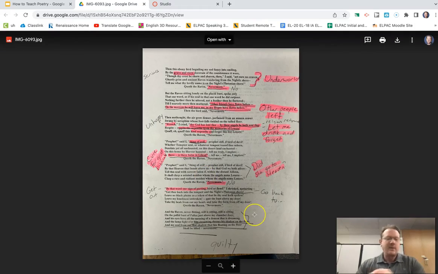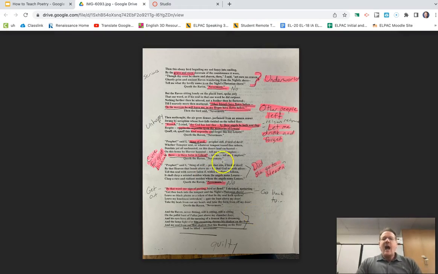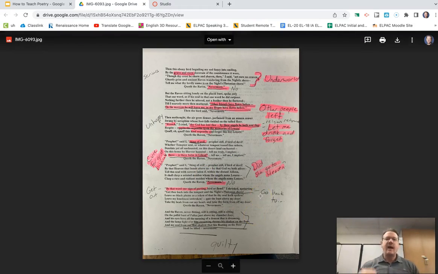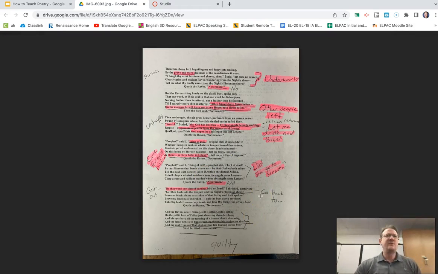I'm giving the fast version, of course. I'm establishing that he feels guilty about something. And the students are like, what? His wife's dying. I'm like, okay, good. But look at his... not good, that didn't come out right. His wife's dying, yes, that's true. Let's look at the history of Poe.